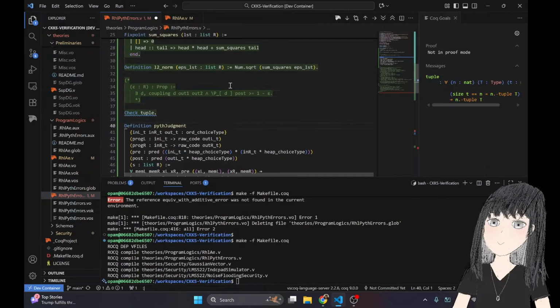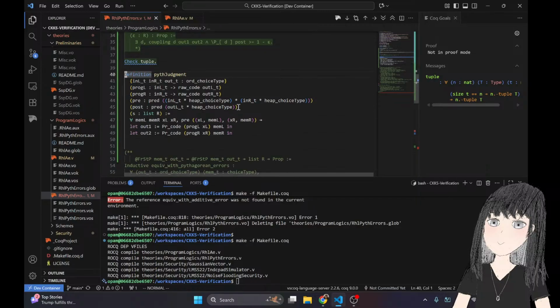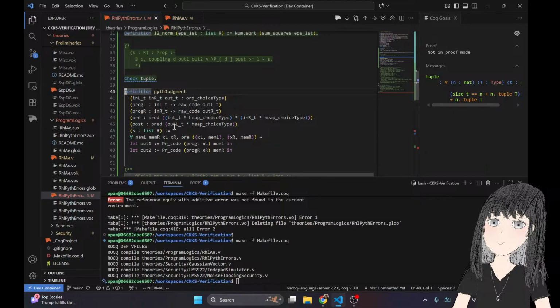I think at some point I was getting confused over if I should use ntuple or if I should use the choice type. I think for this I can just use ntuple. Okay, so